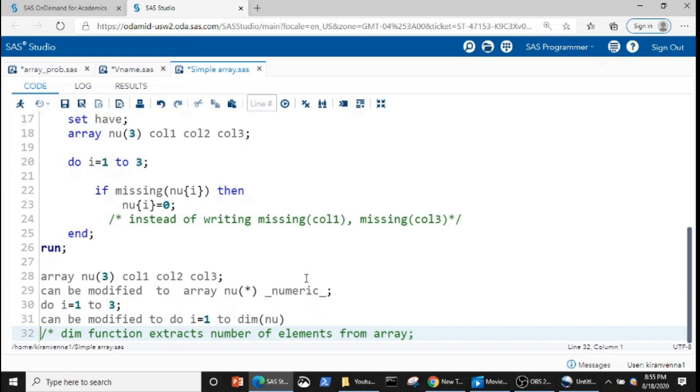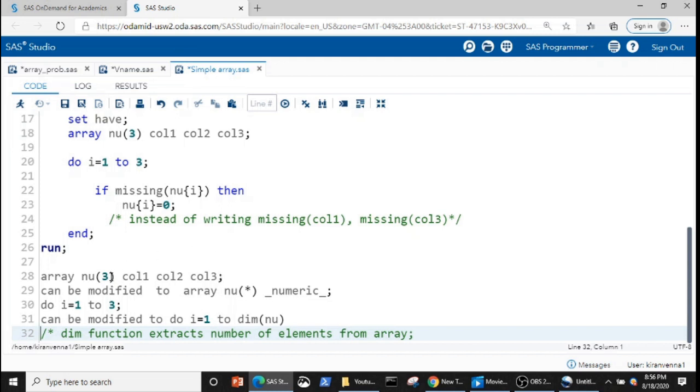Underscore numeric underscore means all the numeric variables. As call1, call2 and call3 are all the numeric variables here, this is equivalent to underscore numeric underscore. This will help us not to type out all the variable names.